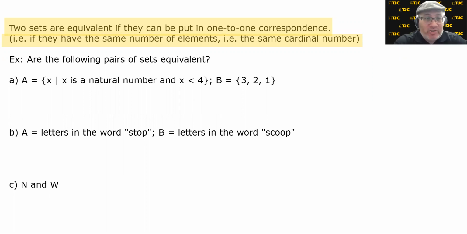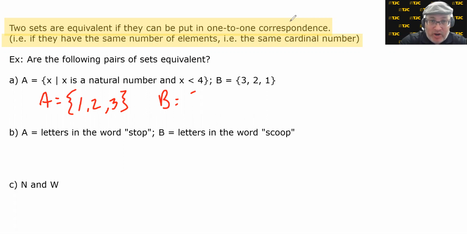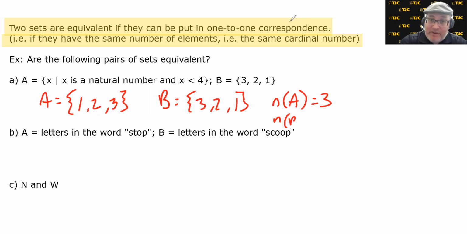Now, if you'll notice and look at these three examples, these are the exact same sets that we had in the previous page. So for example A, set A, set of natural numbers less than 4 is still 1, 2, and 3. Set B was given to us in roster form 3, 2, and 1. If we were to talk about these in terms of cardinality, the cardinality of A is equal to 3. It's got 3 elements. Cardinality of B is equal to 3. And since they have the same cardinal number, oops, I'm sorry, I knew this was going to happen,